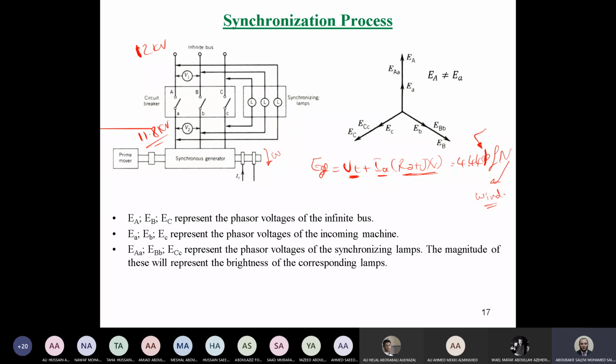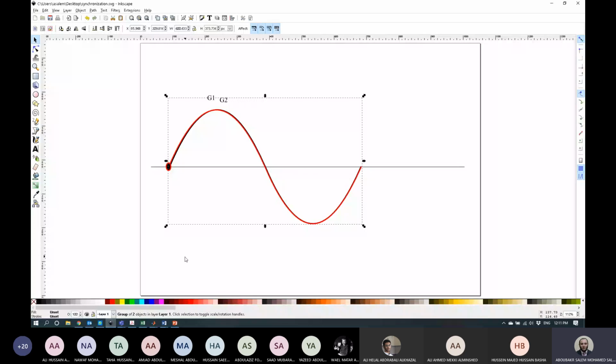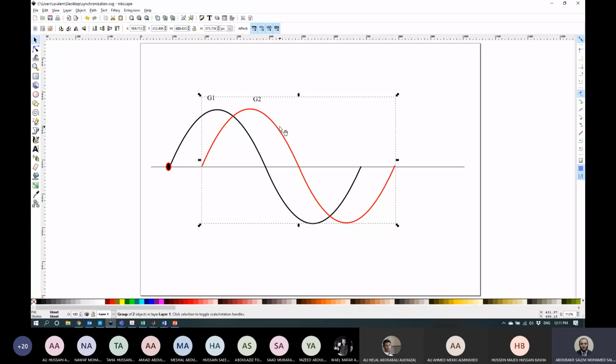Okay, for the phase shift, how can we change the phase shift, guys? Power factor. No, power factor depends on the load. If the power factor changes, the sinusoidal waveform of the supply voltage will not be changed. Let's see together on the waveform here. As you can see, guys, we have two generators now, generator 1 and generator 2. Now if we could fulfill the